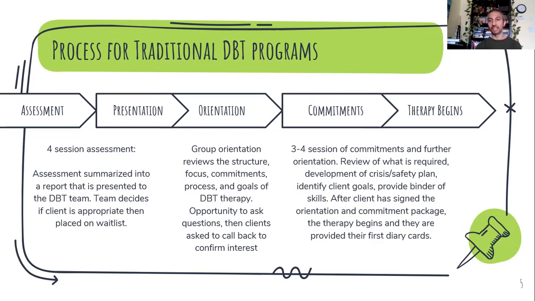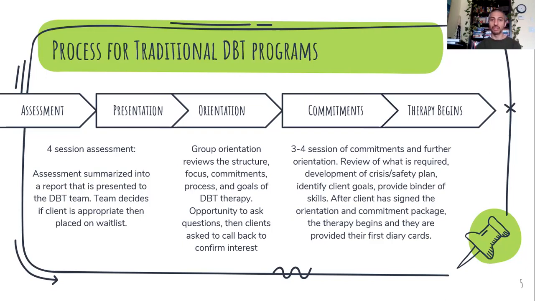and again, clients appropriate for DBT are typically people who've had at least 2 suicide attempts, who have ongoing severe destructive self-harm behaviors, or who've been diagnosed with borderline personality disorder, or who meet all the criteria based on the assessment. The next step is an orientation, where all the clients who've gone through an assessment will meet together